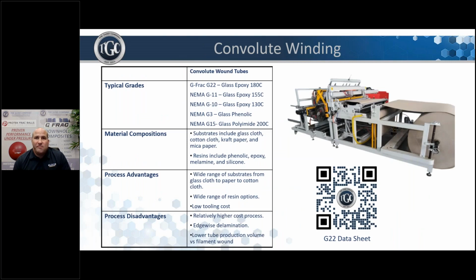Another type of winding is convolute, where, unlike filament winding, which utilizes several strands at once, convolute tubes are made by wrapping a cloth sheet around a mandrel. The benefits to this are strong property strength and low tooling cost. Disadvantages: the raw tube and part pricing after machining are usually higher than molded and filament wound components. Also, if you're needing high volumes, the tube wrapping process can be longer than winding on an 8-spindle winder. Fiber orientation is limited to the glass cloth orientation that is being used.